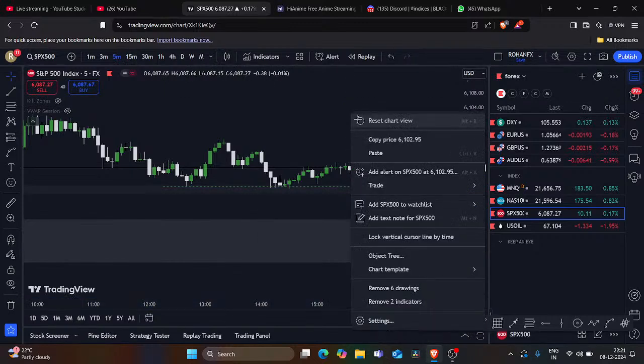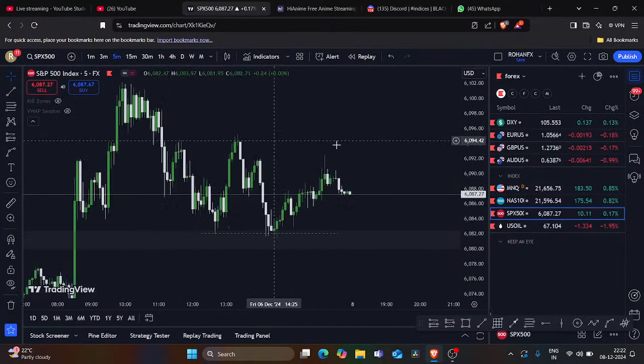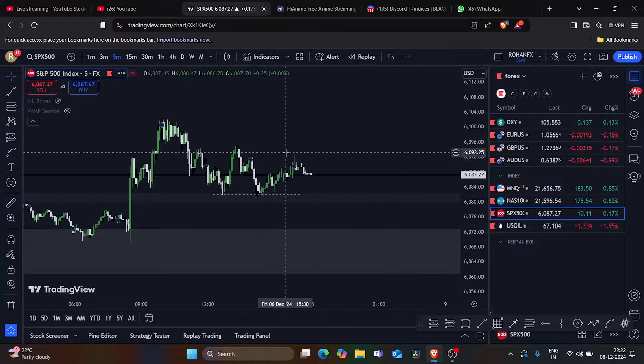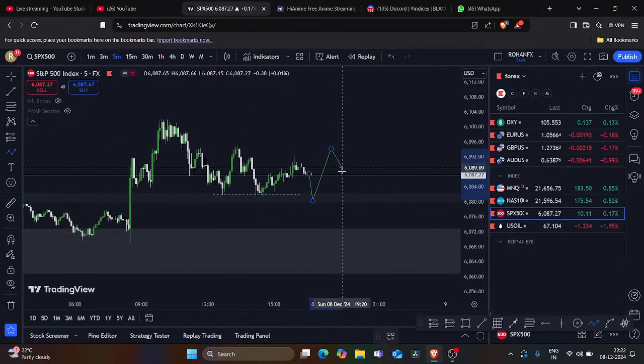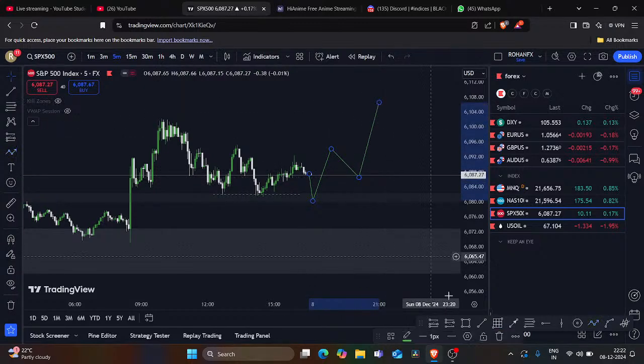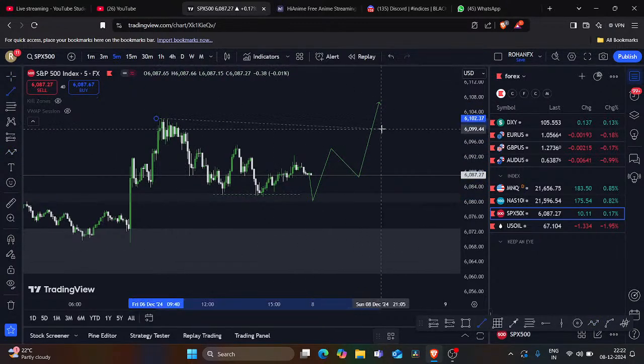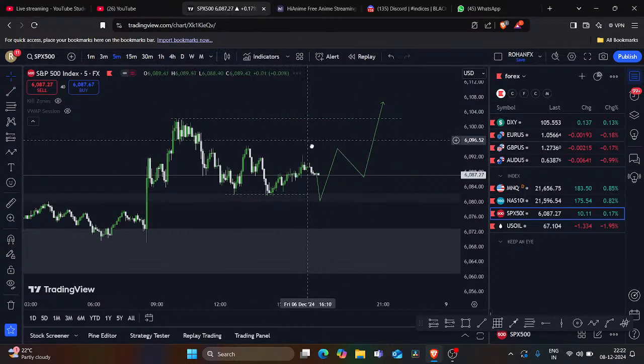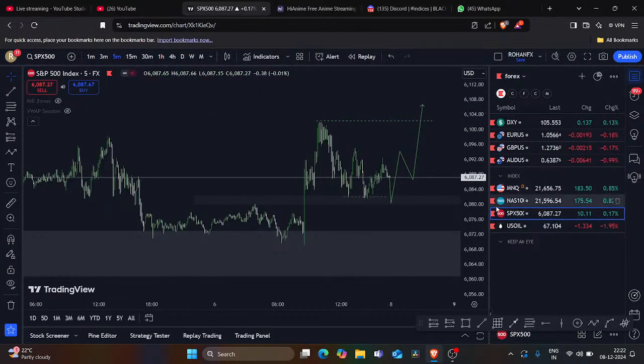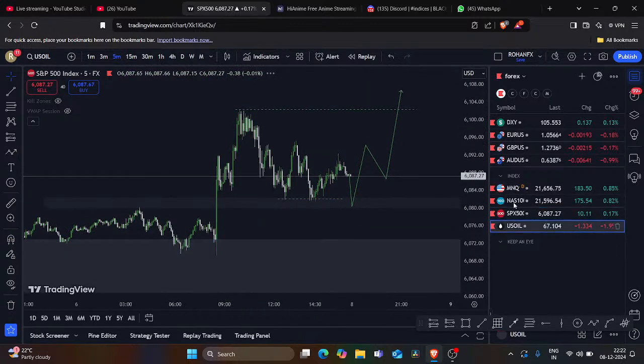So what we can expect in the lower time frame is, if the market wants to continue, it can directly go up and we can enter in the fair value gap forming during this bull run. Or else, it can come down again, taking out both of these liquidities. After that, if there's a structure shift and a fair value gap or breaker block, we can enter here and aim for the external range liquidity for the targets. So yeah, this is for SPX and Nasdaq. Okay, done. So let's look at others.